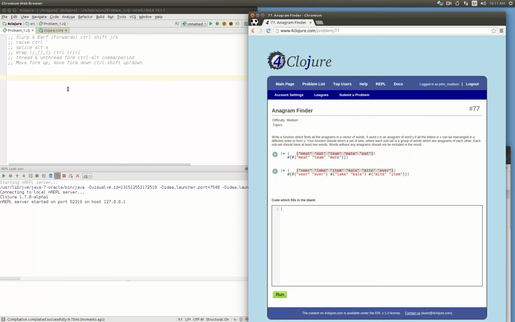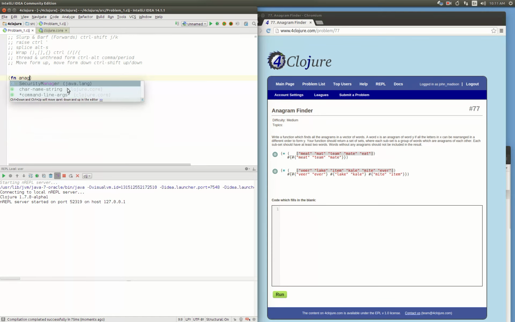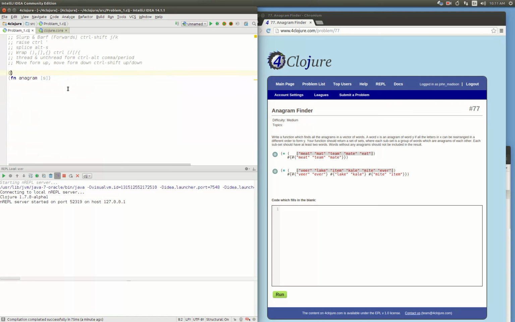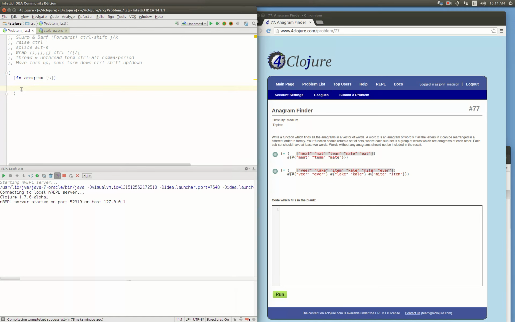Alright, let's get started. We will define a function here, anagram. Argument is a sequence of words. Let's put in a test case, and we will choose the second test case because it's a complicated one. If we can do it complicated, then we can do it easy. If you can dodge a wrench, then you can dodge a ball. Okay, so